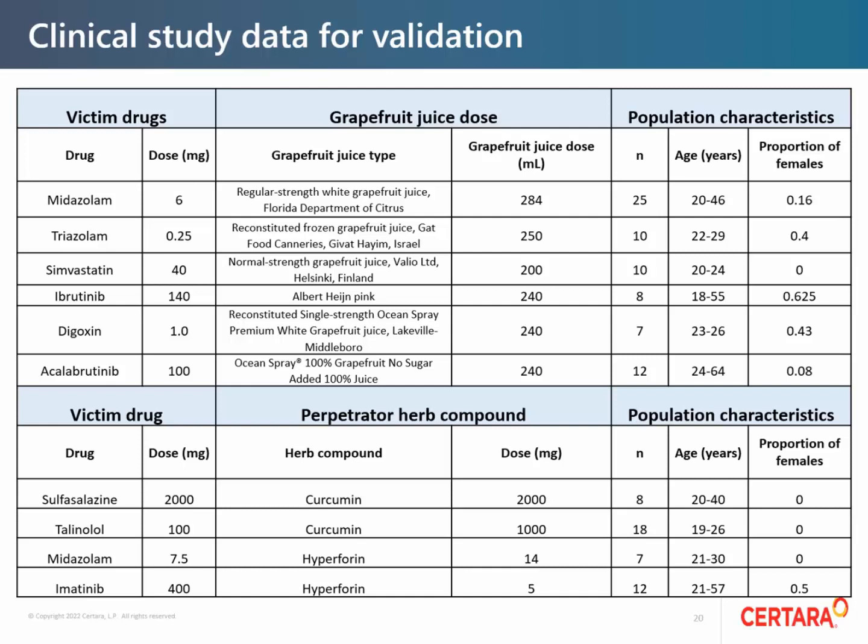And for grapefruit juice, you can see that a strict inclusion criteria was applied when looking for relevant clinical studies that use grapefruit juice, because of the uncertainties in the bergamottin perpetrator concentration in each grapefruit juice source, as I mentioned previously. So the inclusion criteria was mainly 100% juice, as well as regular strength, no pulp, and so on. Unfortunately, there weren't any examples of the exact same source being used, but generally a close enough source was identified.